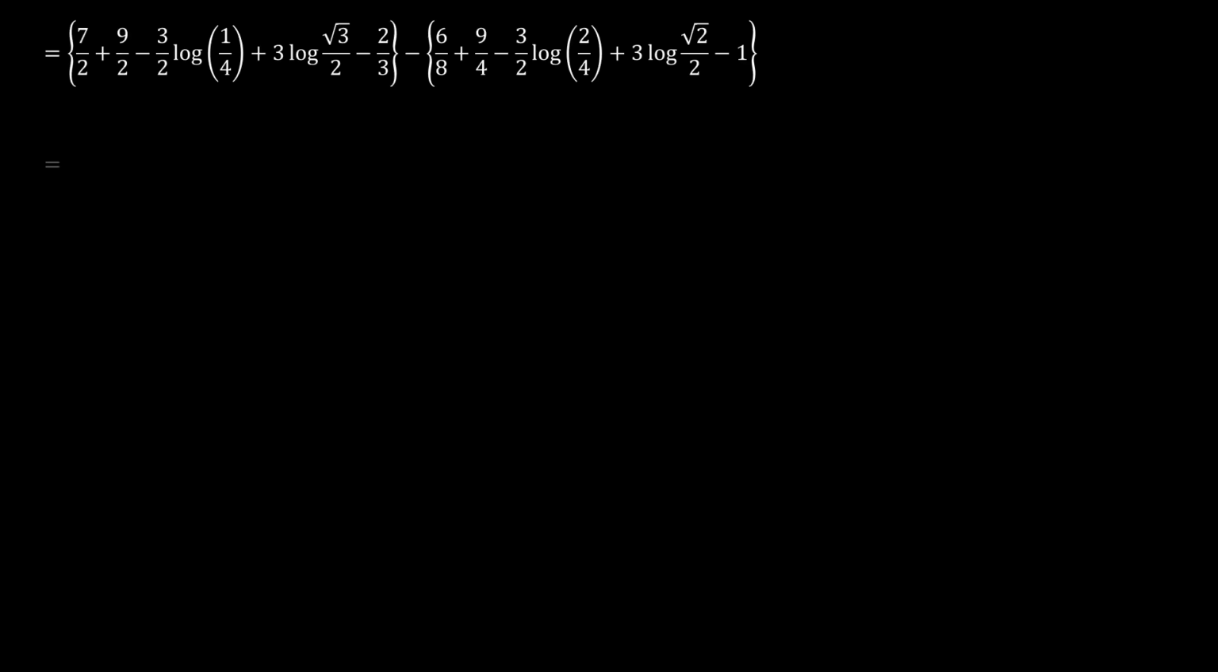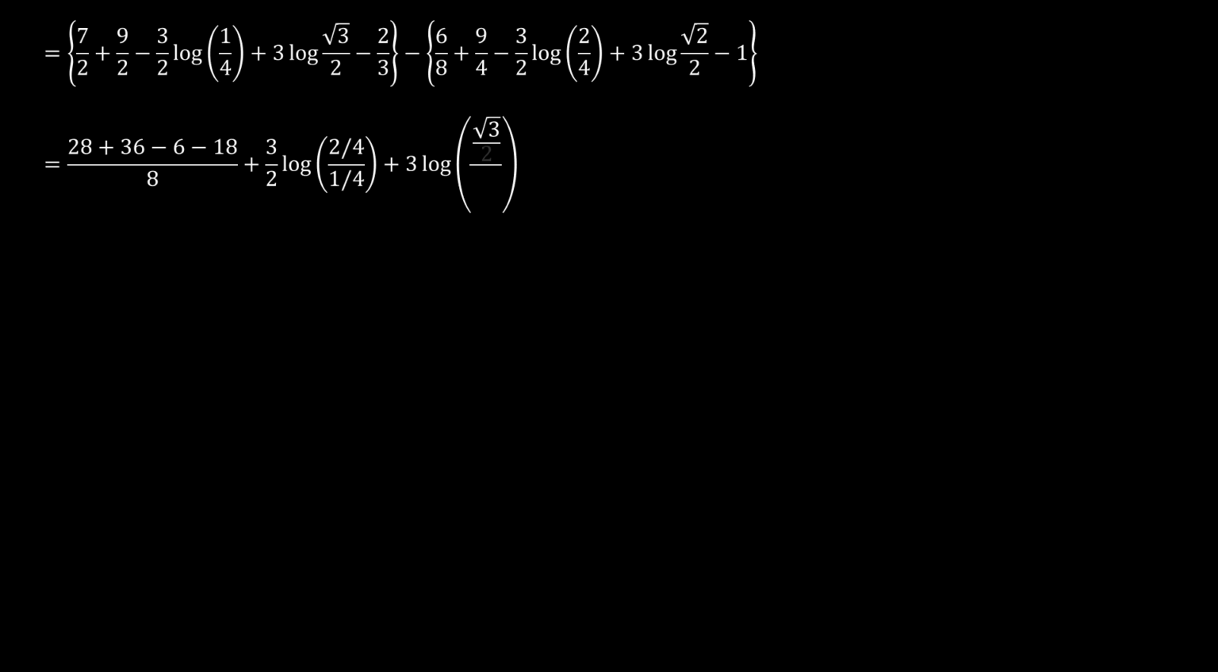So we can combine things together, and so we have getting a common denominator here, 8. 8 divided by 2 times 7, that is 28. 8 divided by 2 is 4. 4 times 9, 36. Minus this part here, 8 divided by 8 times 6, minus 6. 8 divided by 4, 2 times 8, minus 18. And so all this first